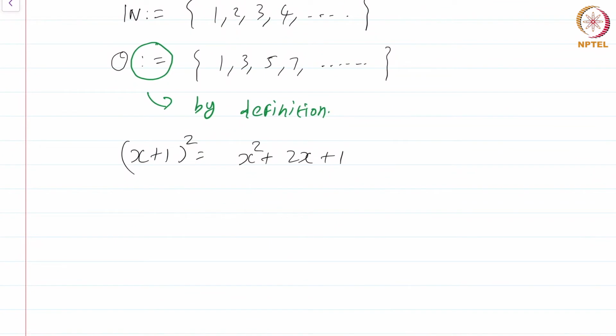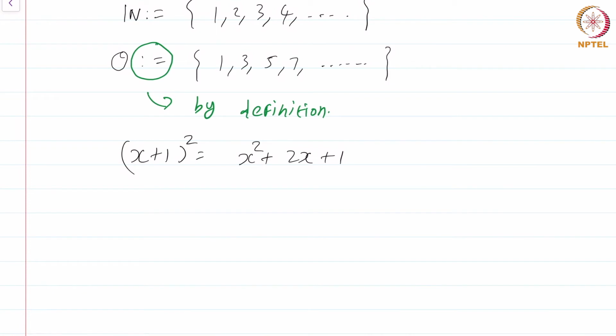Whereas I write colon equal to say that the left hand side is defined to be the object on the right hand side. So rather, in programming language terms, the left hand side, if you think of it as a variable name, I'm assigning the right hand side to be the value of the variable. Whereas when I write x plus 1 the whole squared is x squared plus 2x plus 1, what I really mean is that the left hand side and the right hand side are exactly the same quantities. So whenever I define an object, I will use colon equal to, so that it's clear that something is being defined. Okay, now one more notion.